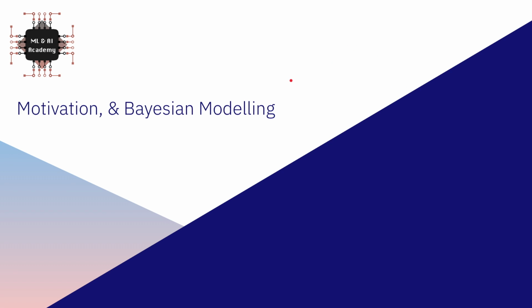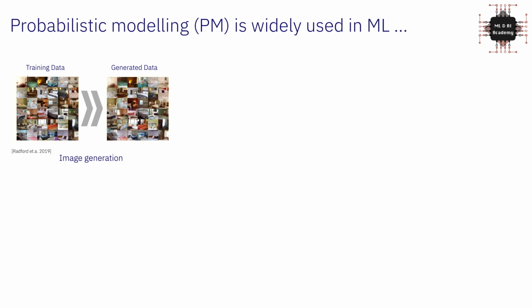So we're going to begin with a motivation and describe Bayesian modeling, for which variational inference is a tool to solve. And we're going to say why Bayesian modeling is really important and why it is interesting to think about. So maybe it's not mainstream in machine learning. However, probabilistic modeling based on Bayesian modeling really is very widely used in machine learning. And it is one of these approaches that is maybe more principled than neural networks when it comes